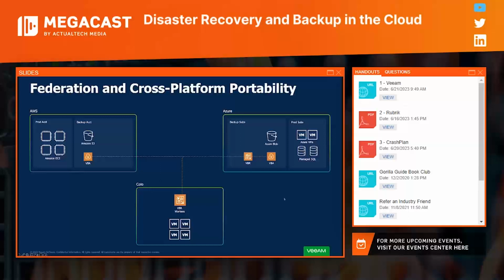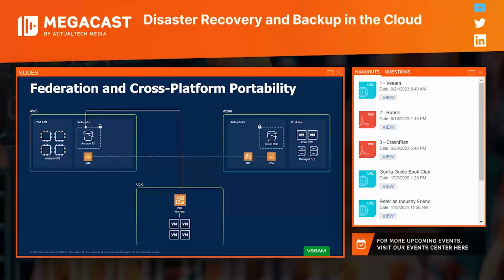The next step they took was, okay, where are we going to back up our co-location to? AWS was their location of choice. So the backups that they take of on-premises are being backed up to S3. Obviously, with V12 now, you don't have to stage that on-premises storage and do a copy job or a tiering job. You can go directly to object storage now if you like.